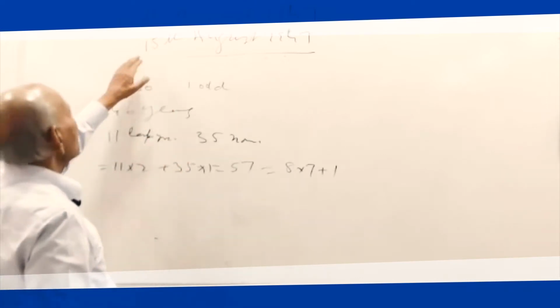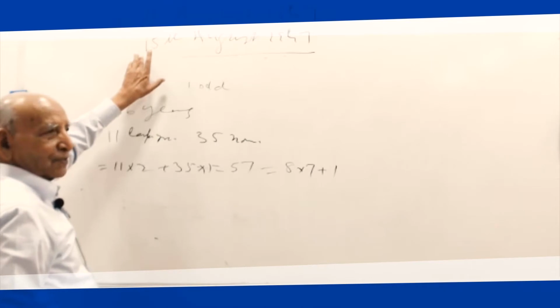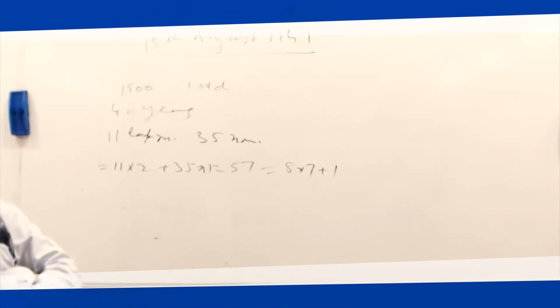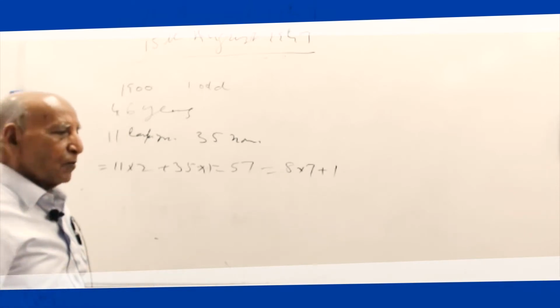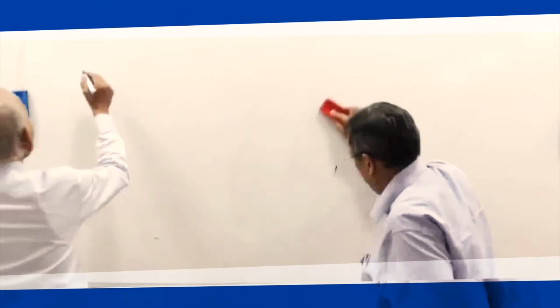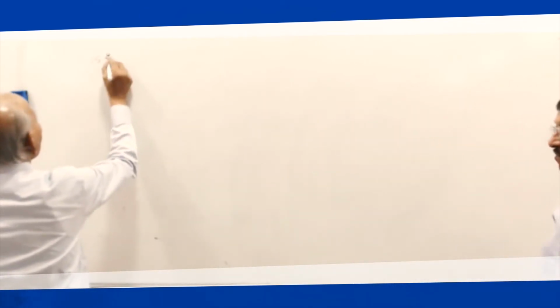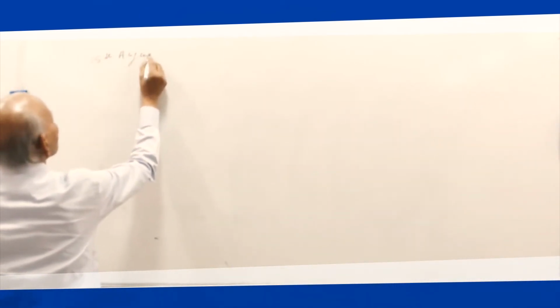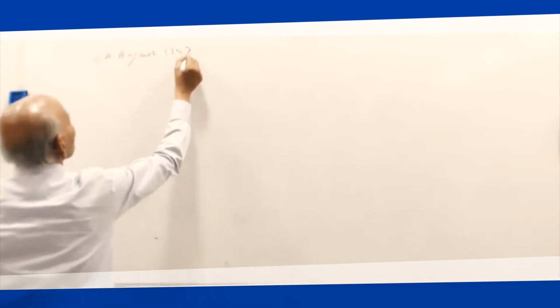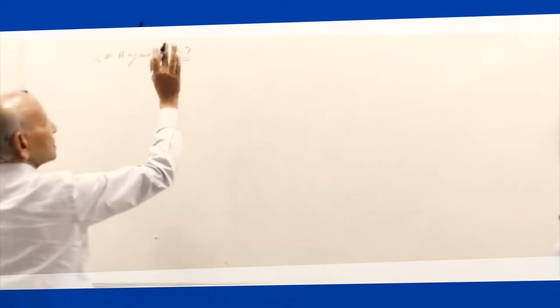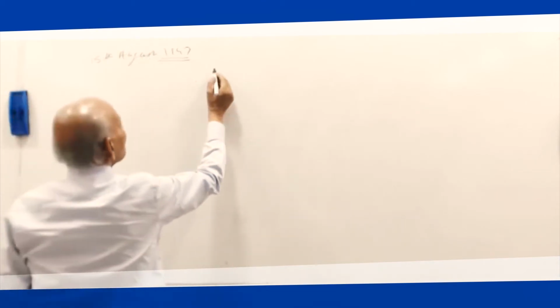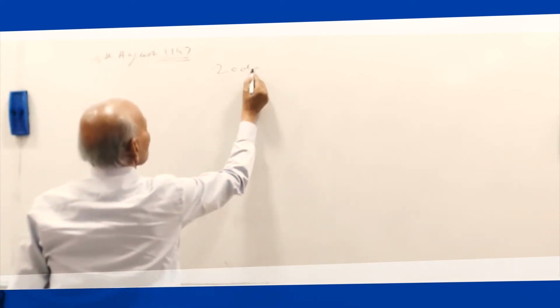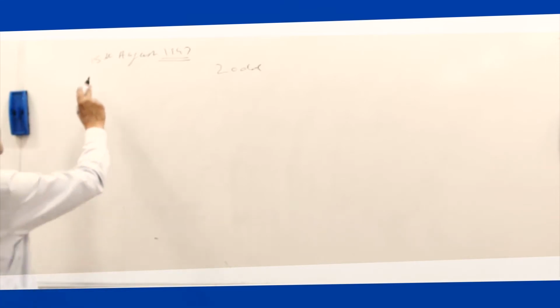And now here is 15th August. So let us start from January and count up to 15th of August. So how many days in total? So we want to count up to 15th August, 1947. 1946, they have all been taken into account. So there were 2 days in total: 1 extra day in 1900, 1 extra day in 46 years. Now up to 15th August.